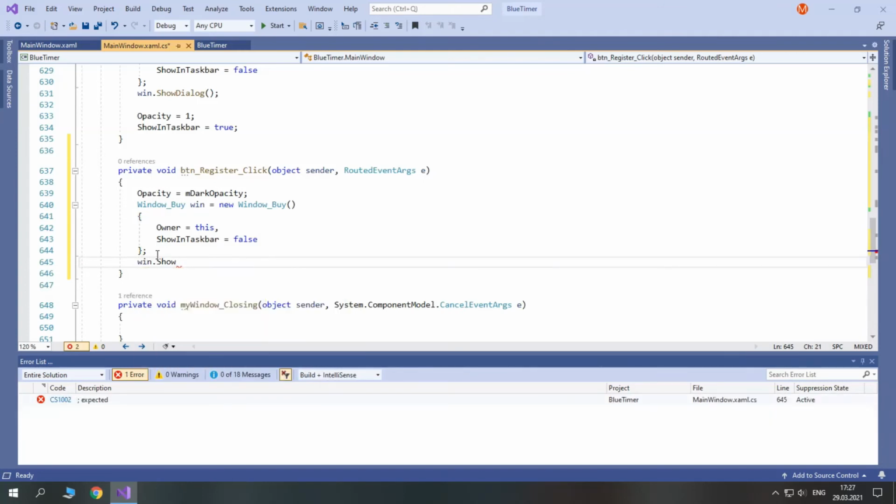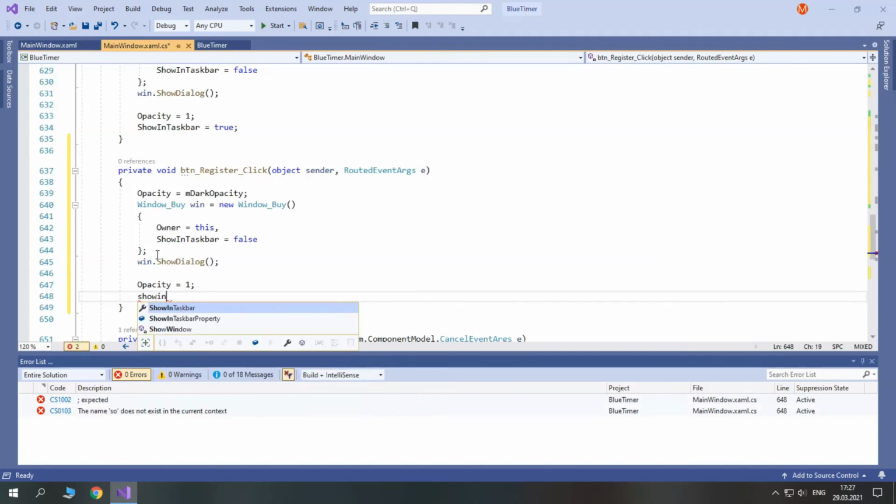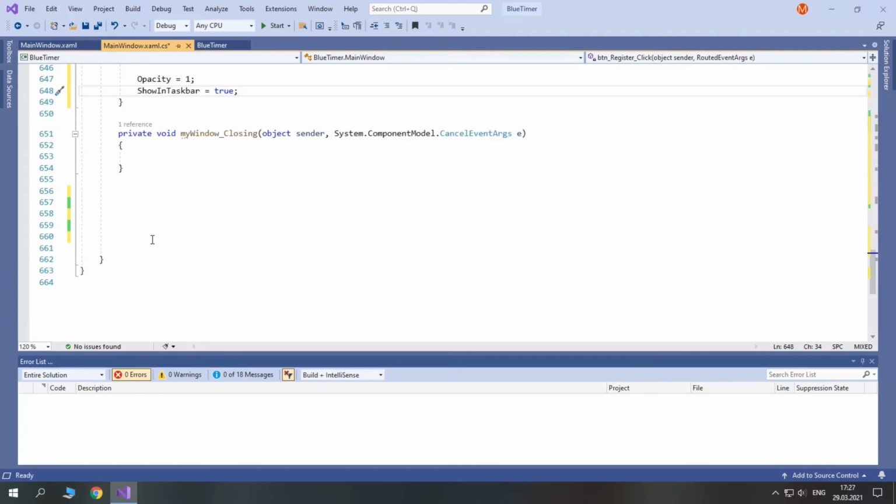So show dialog, and again restore opacity and set show in taskbar back to true. And finally, after we close our window, our program, we set our settings.